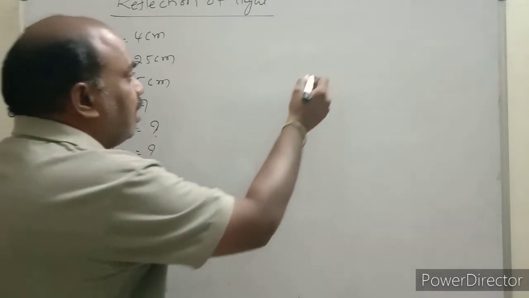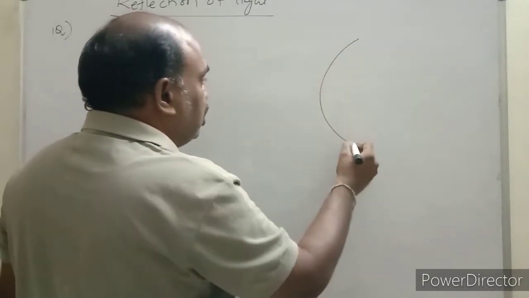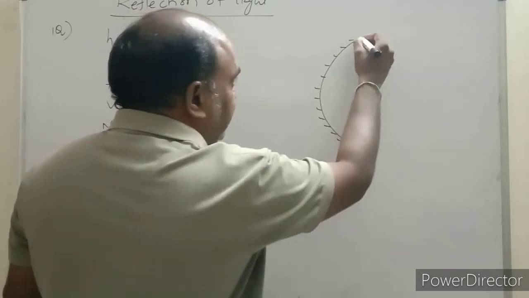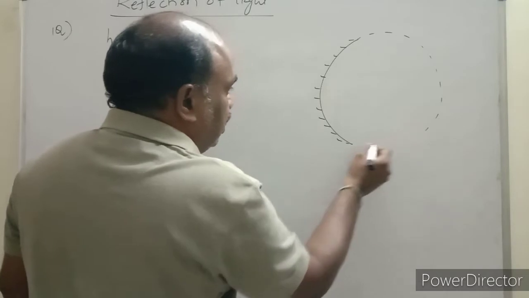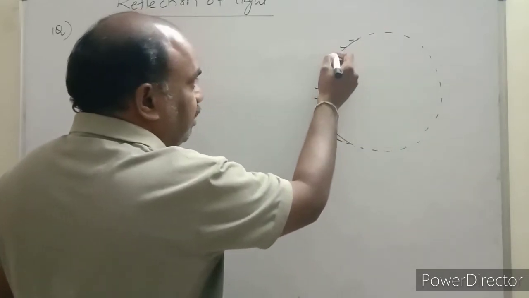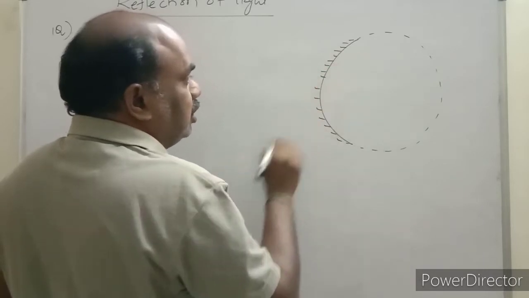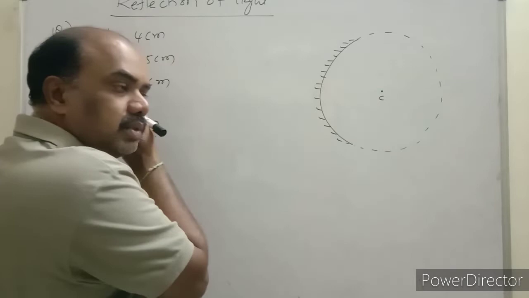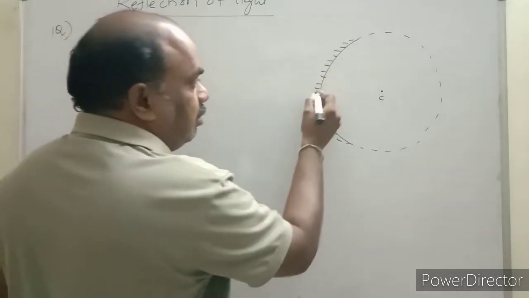First of all, draw one rough diagram. This is the concave mirror. Concave mirror means it is extracted from the whole sphere. From the whole sphere, if you extract a part, this is, and silver mercury amalgam if you paint outside is called concave mirror. This is a center of curvature. The center of the whole glassware is called center of curvature.